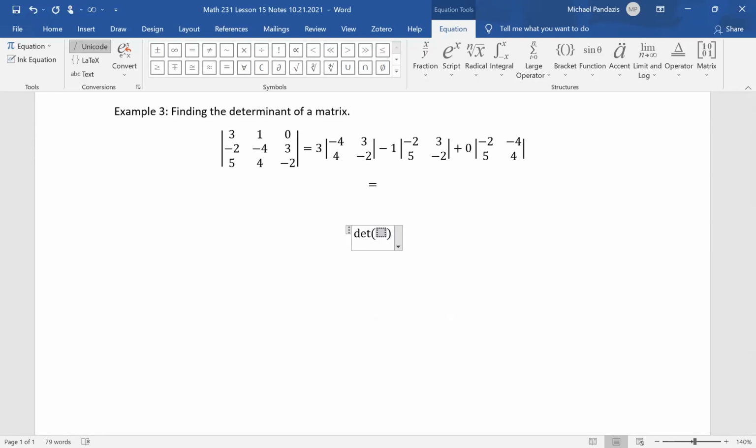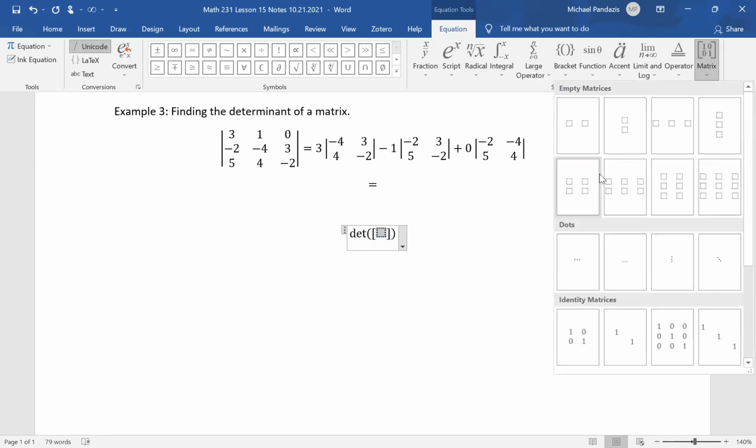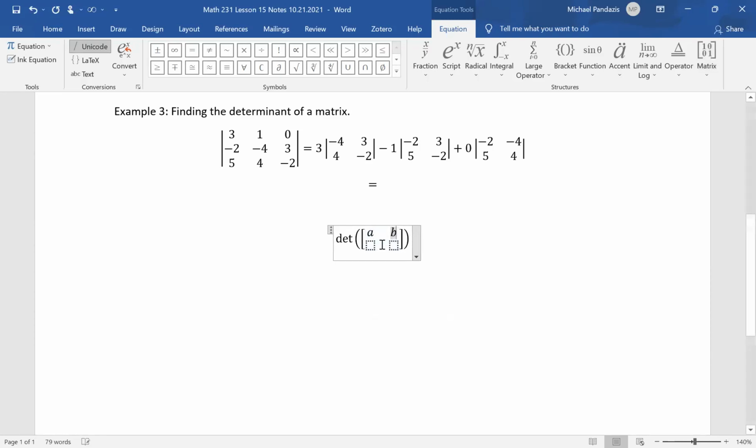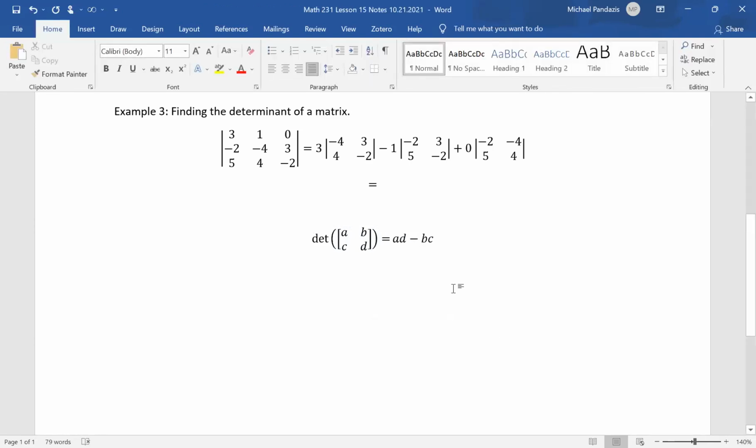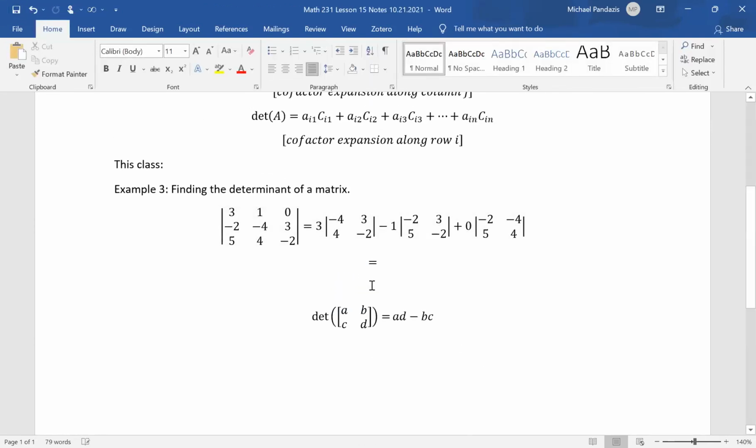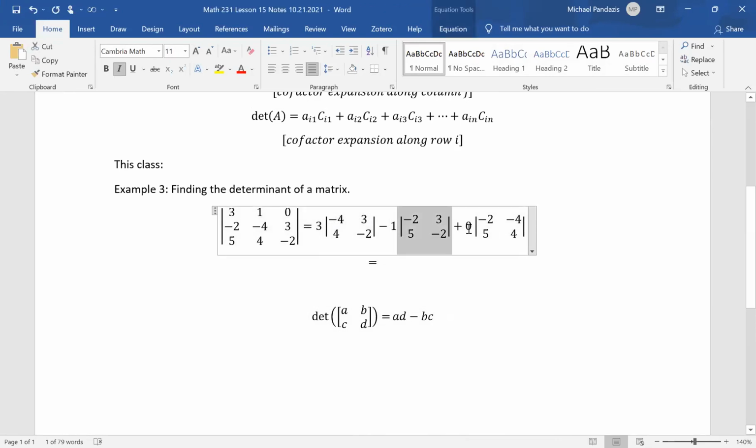that the determinant of a 2 by 2 matrix whose entries are A, B, C, and D is equal to AD minus BC. Okay, and so now we can use that formula to get this answer. We can calculate each of the determinants of these 2 by 2 matrices, plug them in, and then find the final expression. So this is equal to 3 times